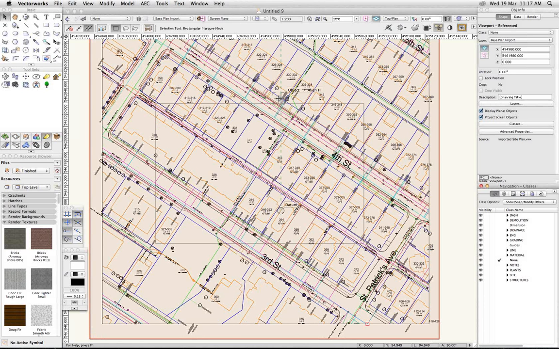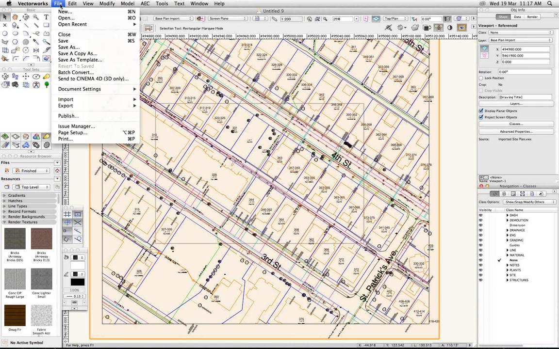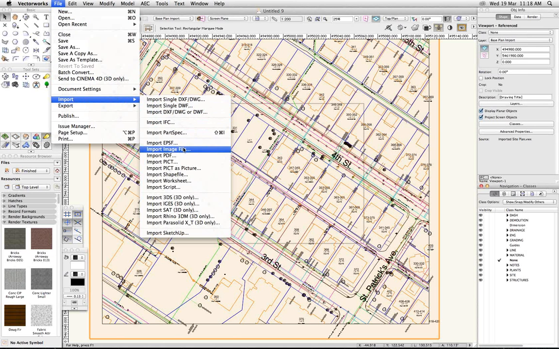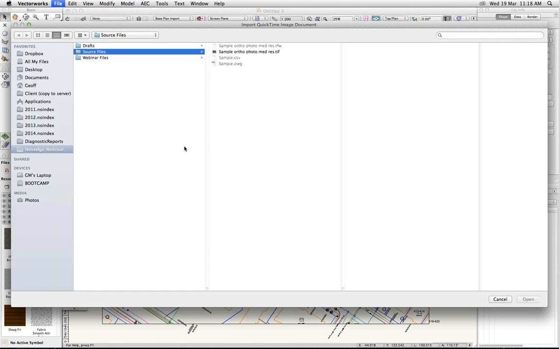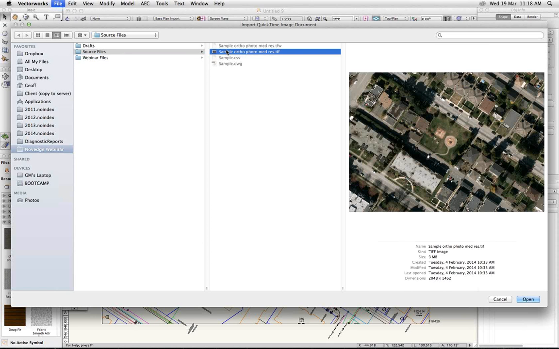Then the next step would be to import image file. So with this survey data, we also have an ortho photo. And notice that there are two files. They have the same name, sample ortho photo, medium res, but different file extensions, .tiff and .tfw. So this TFW file format is just a tiny little text file. And if that is in the same location as the photograph,